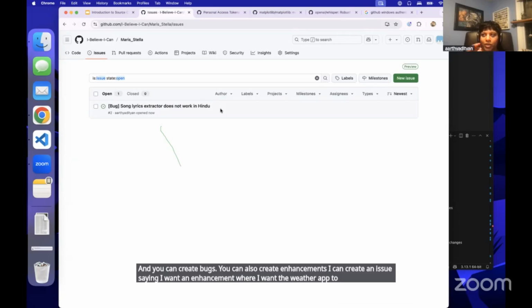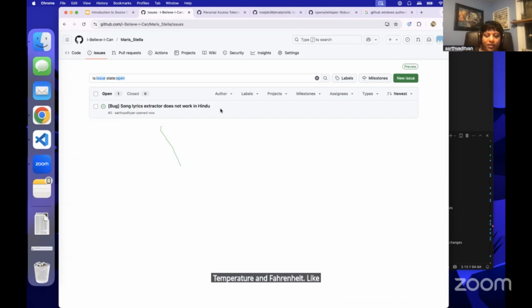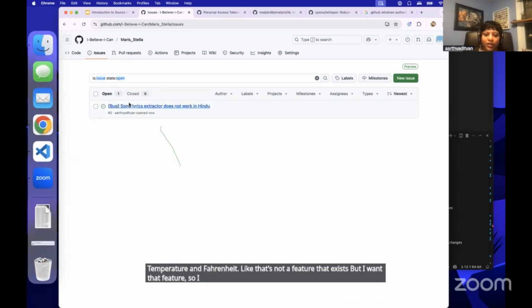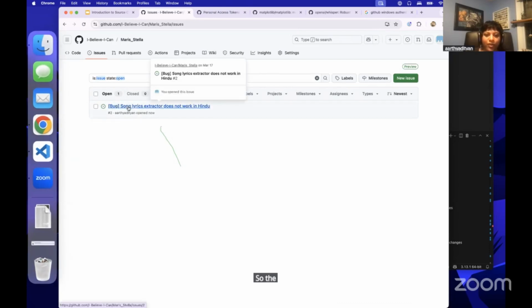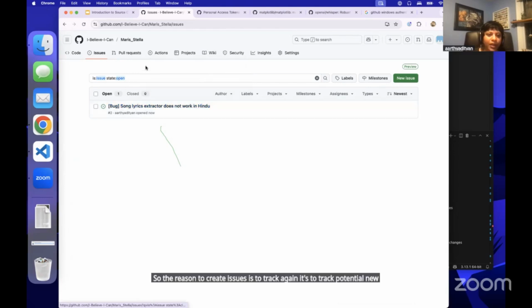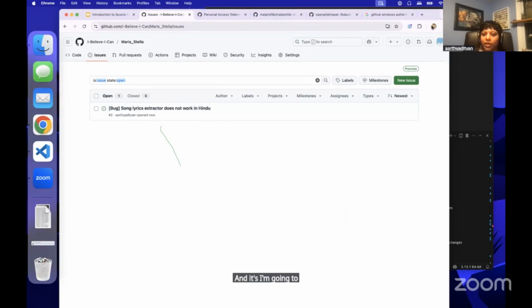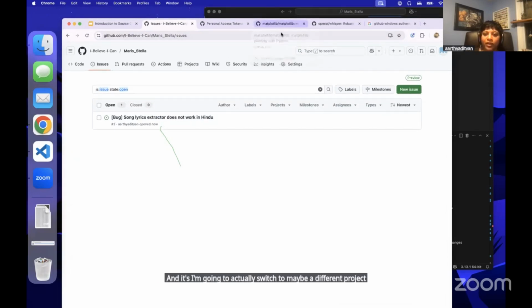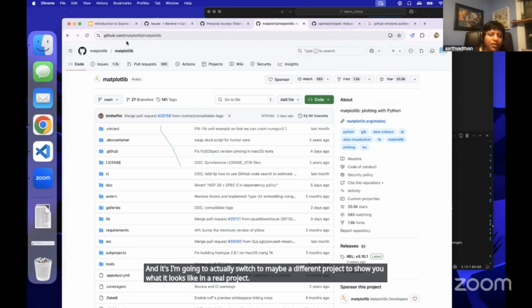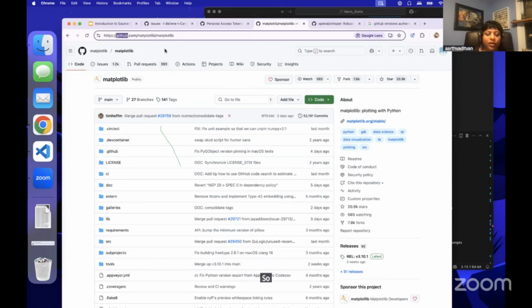Issues are like reports, for someone external to your team or within your team to request features or report bugs. Say there's a bug that I find in the song lyrics extractor. Say you pushed your song lyrics extractor to this repository, and I find a bug where it's not handling